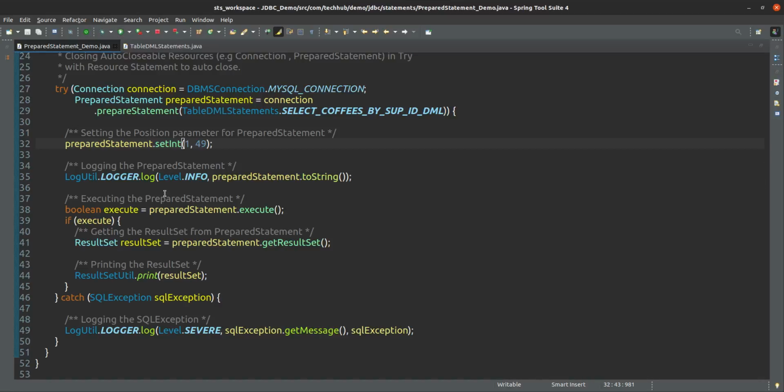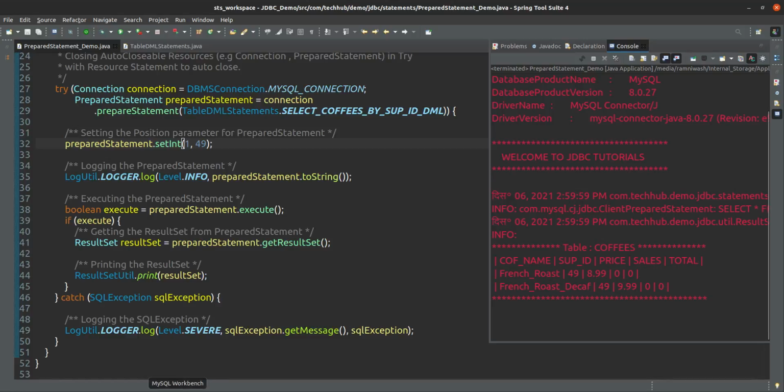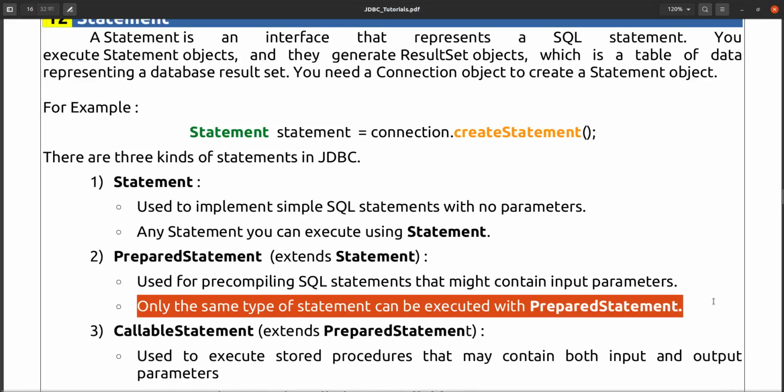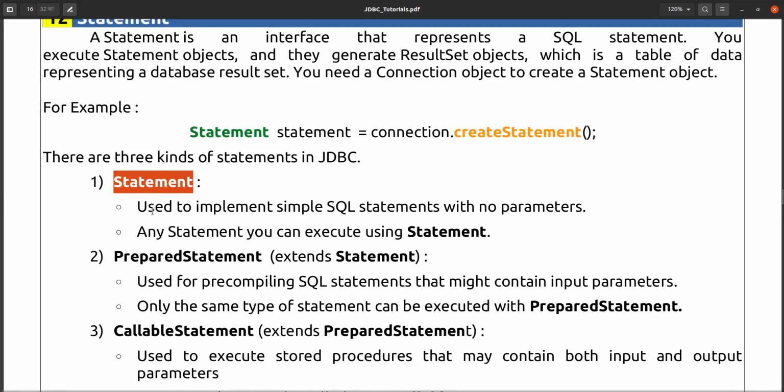So what advantage are we getting here? The query compilation takes some time, and we have reduced that using a prepared statement. If you use a statement, every time that query will be compiled, but a prepared statement will prepare and compile the query once, and you can execute that query with different positional parameters. So using a prepared statement you can execute the same type of query n number of times, but using a statement you can execute different types of queries.